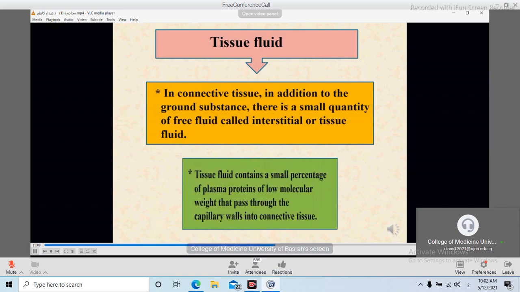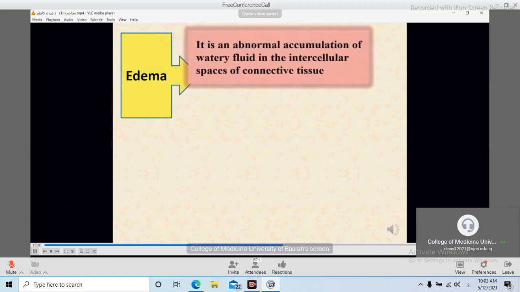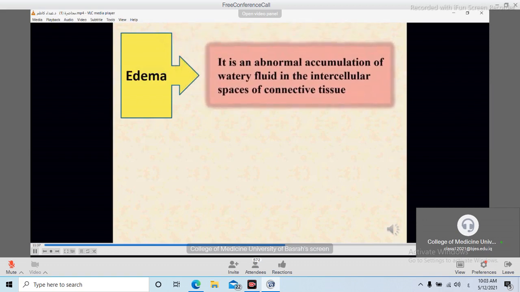Tissue fluid contains small percentage of plasma proteins of low molecular weight that pass through capillary walls into connective tissue. إذا تركيبه يتألف من بروتينات البلازما اللي تكون ذات وزن جزيئي قليل. Edema is defined as abnormal accumulation of water fluid in the intercellular spaces of connective tissue. إذن هي عبارة عن تجمع غير طبيعي للواتر فلويد اللي موجود بكميات جدا قليلة بالحالة الطبيعية في المسافات بين الكونكتيف